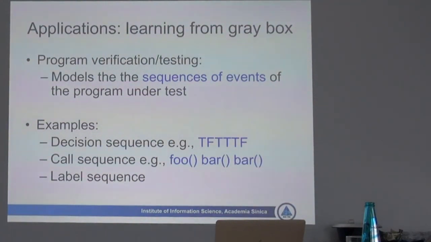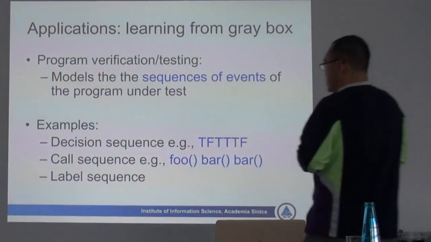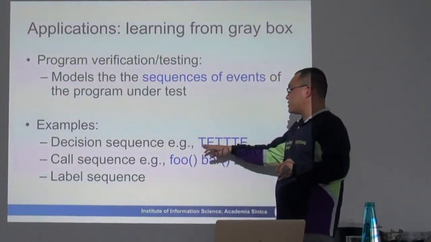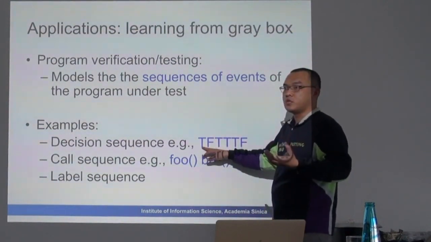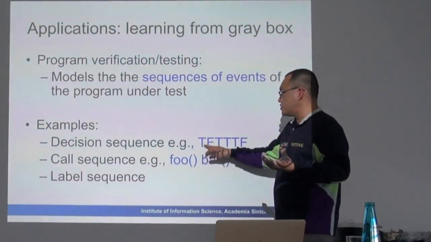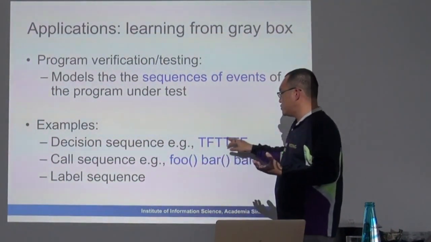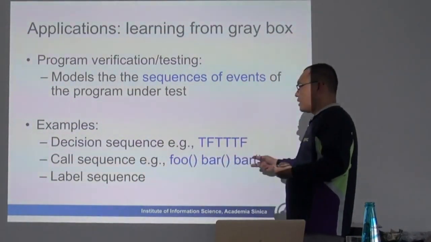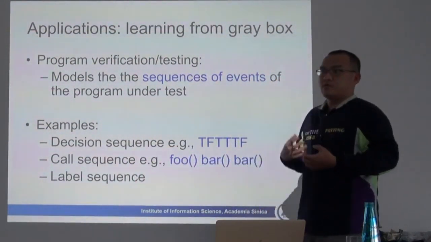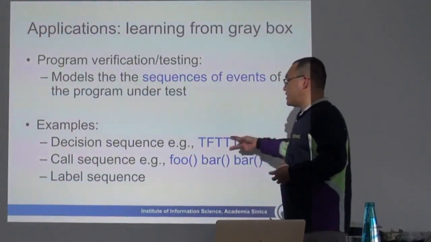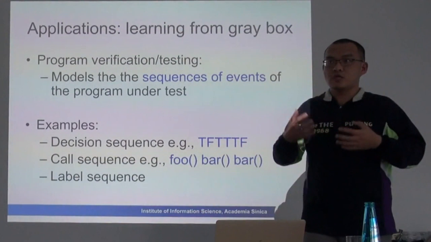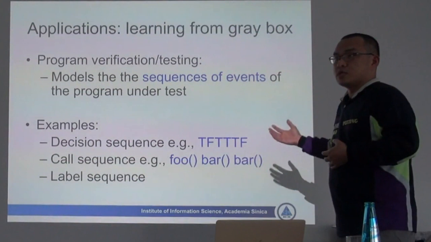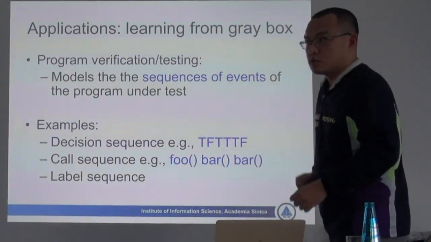It can be different things. For example, it can be the decisions made in your program. For example, this means that at the first decision point, maybe it's an if-else branch or the while loop, you go to a true branch, and then you go to a false branch, and true. It can be a decision model, or it can be a code sequence like foo, ba, ba, or it can be any label that you have. And to check whether this is a valid sequence, you need to either run some kind of solvers, an SMT solver, or answer this kind of query in order to get a model or a program.